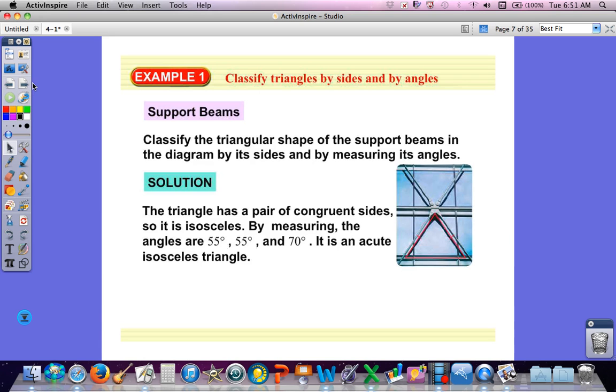So we're going to go through example 1, okay, and they just tell you classify the triangular shape by the support beams. It's an acute isosceles triangle. Now they don't really specify this here, so I'm going to start talking about this. If one angle is 55 and the other angle is 55 degrees, and they show you that these are even, you would know that the angles opposite them are equal. So if they tell you that 2 are 55 and 1 is 70, these must be the 55 and this one must be the 70. Because these marks told you that these lines were